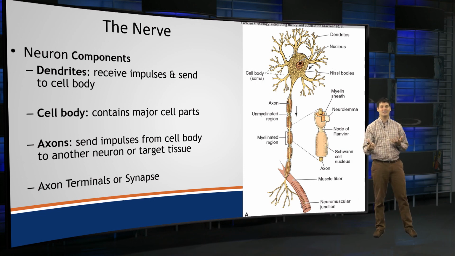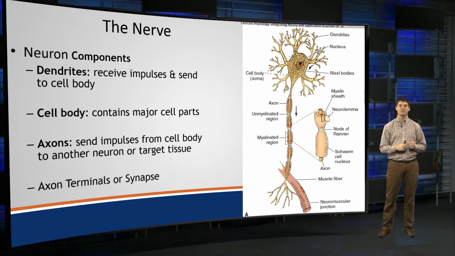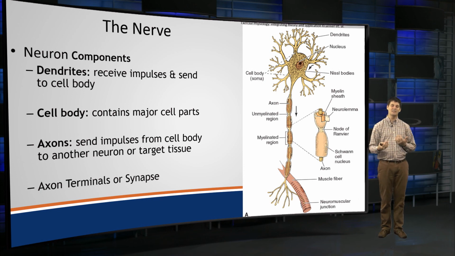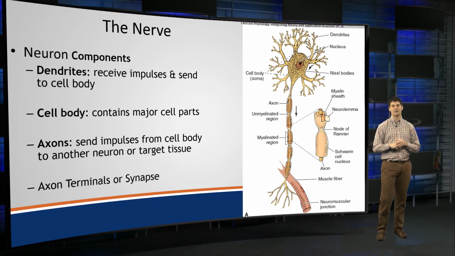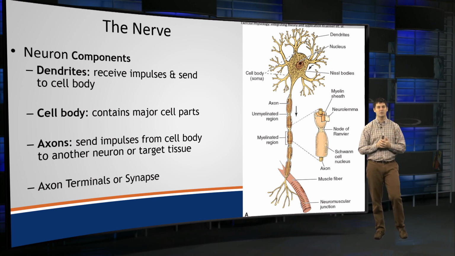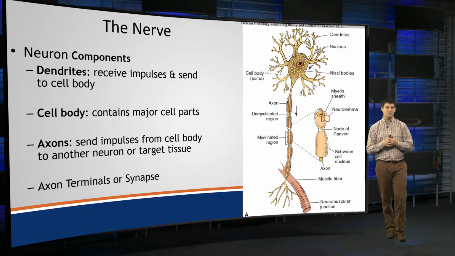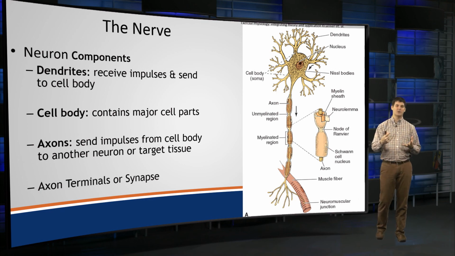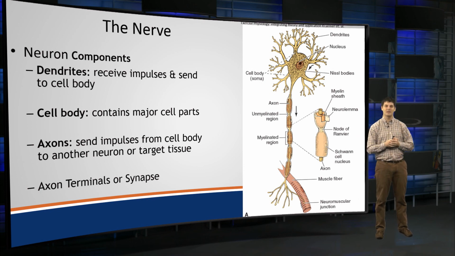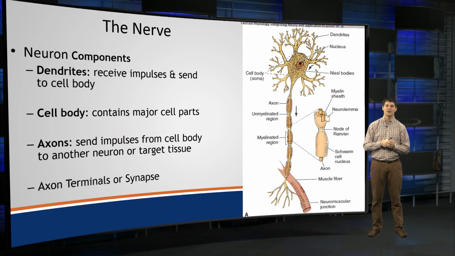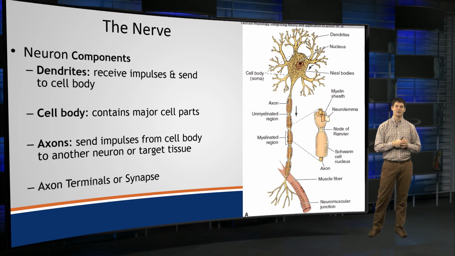We then have an axon, and this is our deliverer. So we have our listener, the dendrites, and our deliverer of the message, which are axons, and these send impulses from the cell body to another neuron or target tissue. They do this via action potentials, which we'll cover in the next class period. So we'll send impulses from the cell body down a neuron. They also have very specialized parts of the cell in order to speed that through. We'll have a video on this later on, but just to introduce you to the concept and how